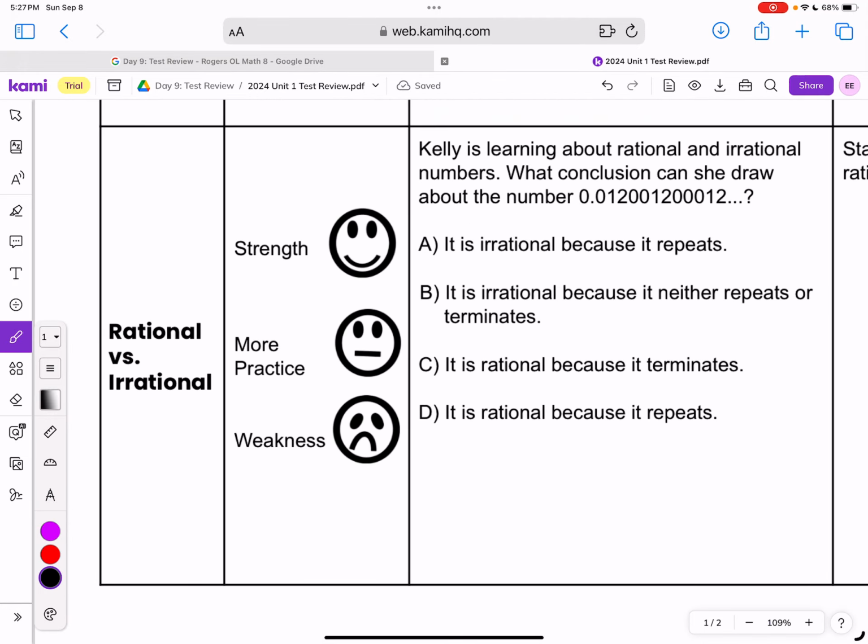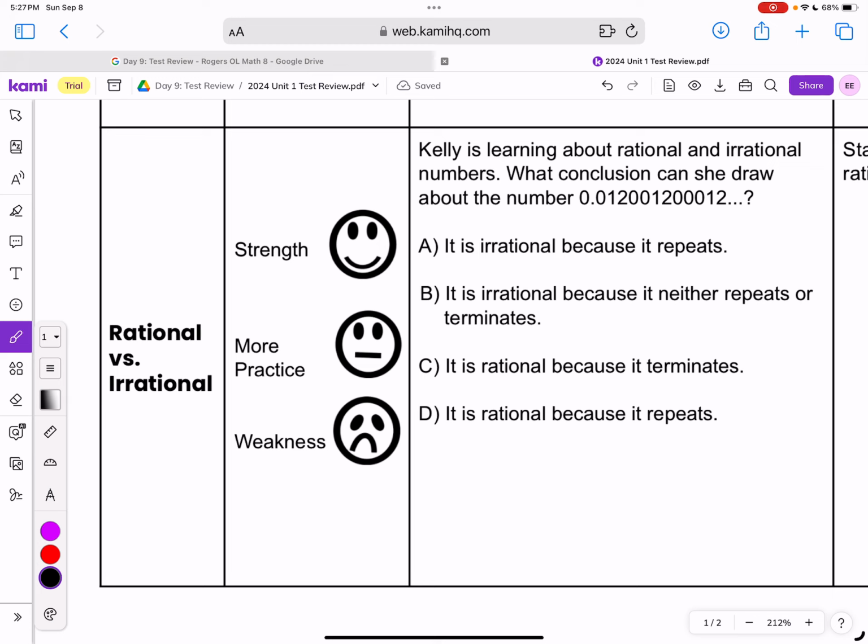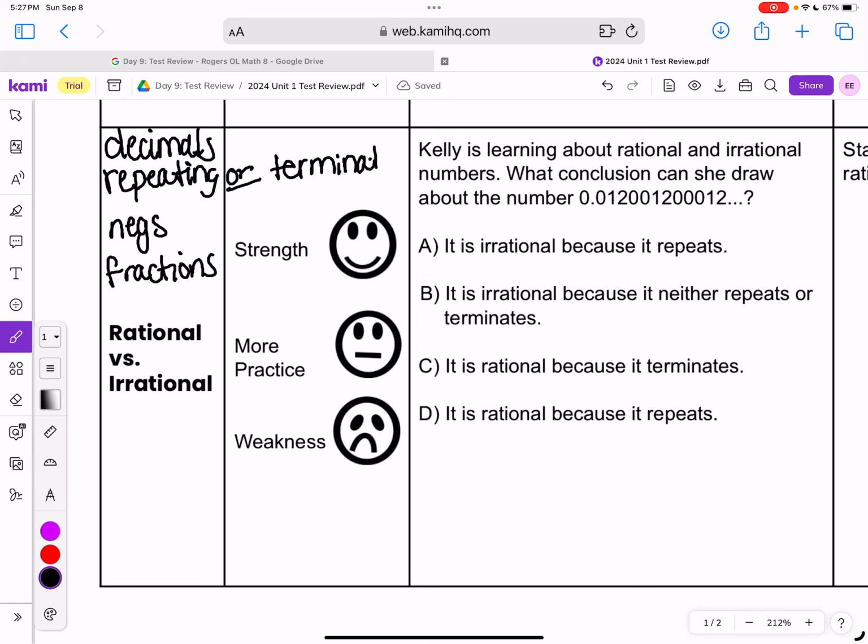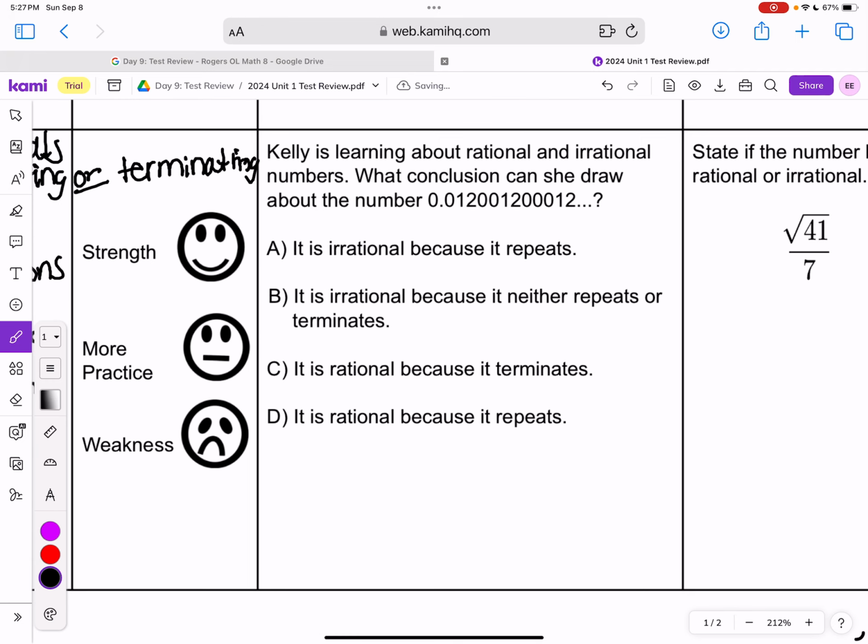Now we're going to learn about rational versus irrational. Remember, rational can be anything with negatives, positives, whole numbers, fractions, and then the decimals are repeating or terminating. So let's take a look. Kelly is learning about rational and irrational numbers. What conclusion can she draw about